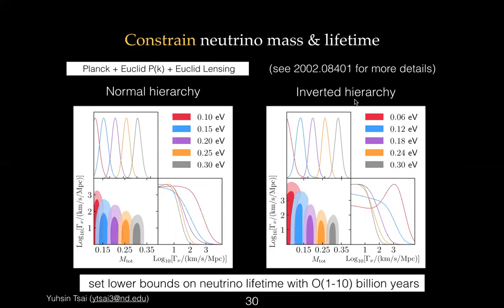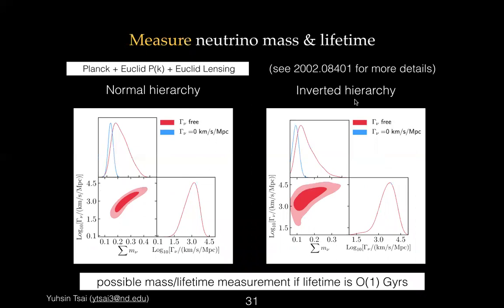If we can distinguish the two scenarios, that means we can set upper bounds on the decay rate of neutrino, or lower bounds on neutrino lifetime. Depending on the mass hierarchy of the neutrino and the sum of the neutrino mass, we can set a lifetime bound between about 1 billion year scale to 10 billion year scale. So this is what I told you before, that we can extend the lifetime constraint all the way to the billion years time scale. It's an 8 orders of magnitude improvement. Even if neutrino decays around a billion year scale, we do have a chance to measure, or at least to constrain, its